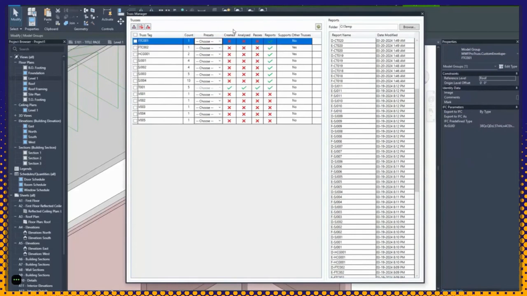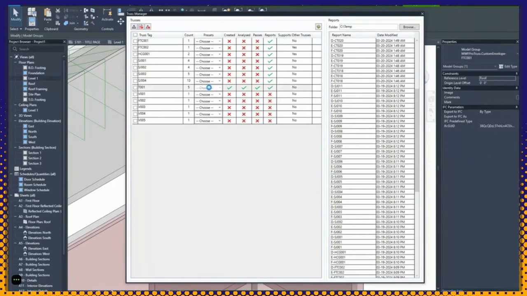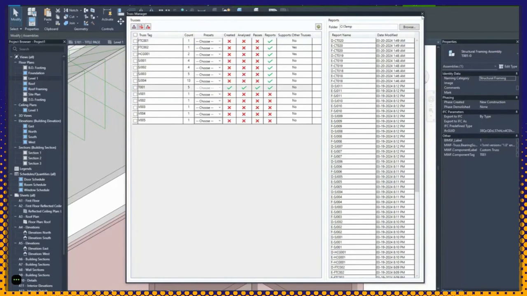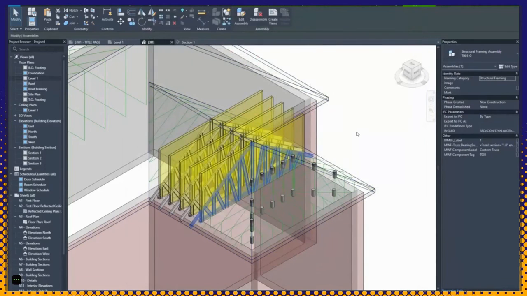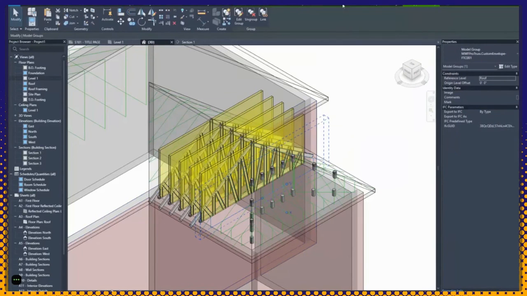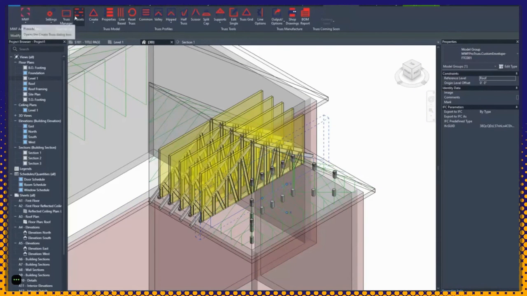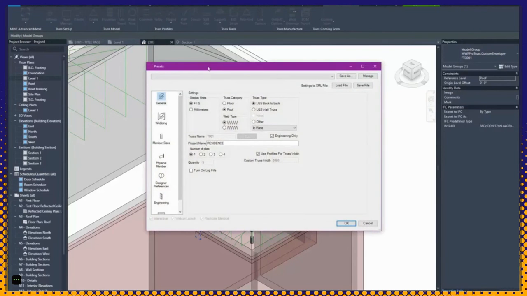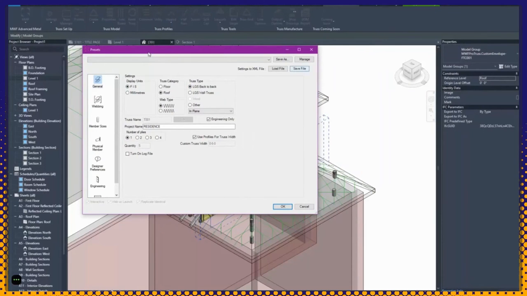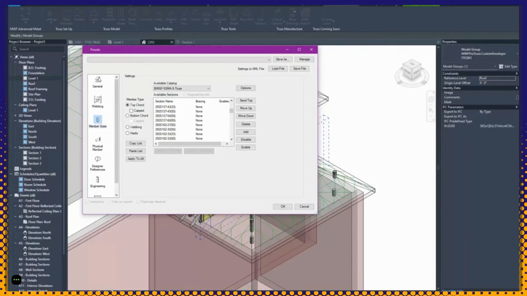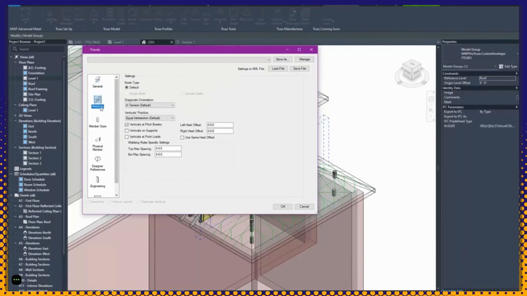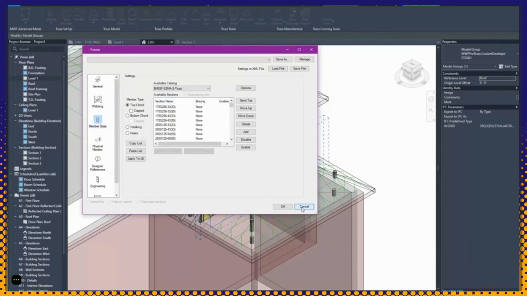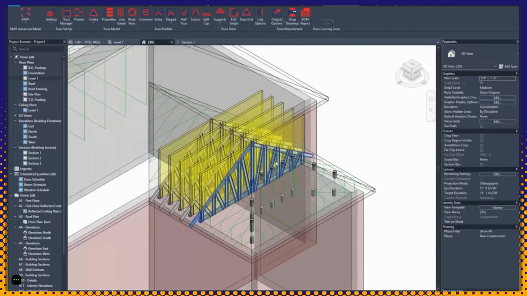So I can create a new preset, or I can kind of use the existing one that I've already created. So what I can do here is I can actually come in and, sorry, give me a second. Over here, I can come in after I do this. I can take a look at my member sizes. Doesn't seem to have saved. Okay, that's fine. So what we can do is go back into this truss,